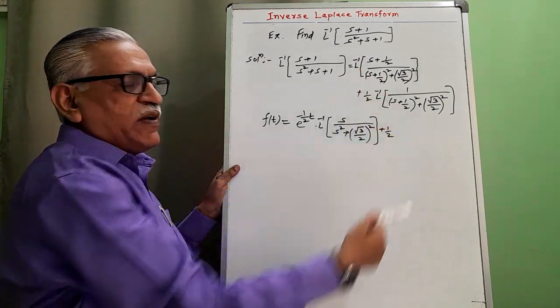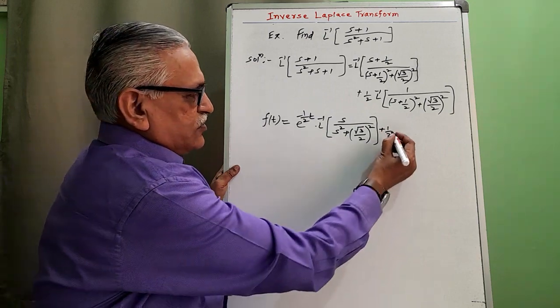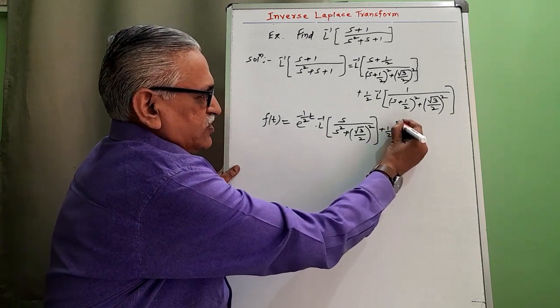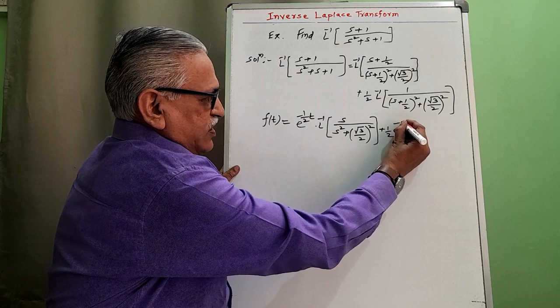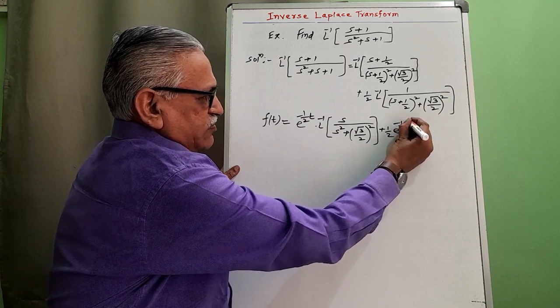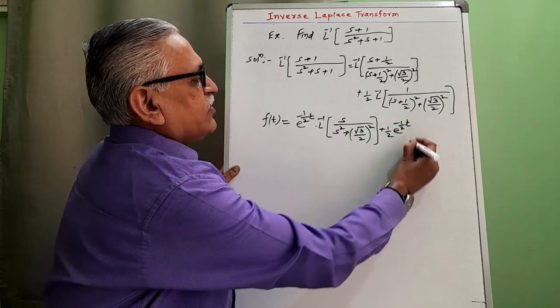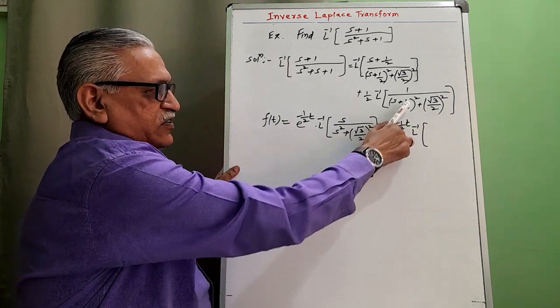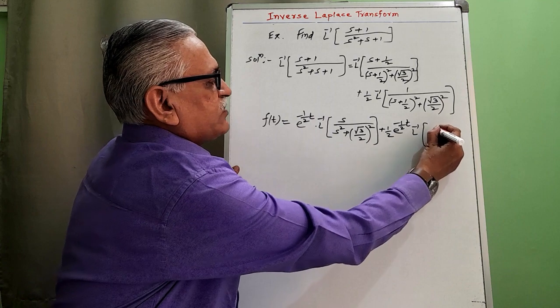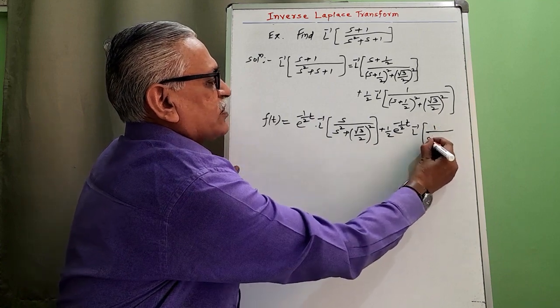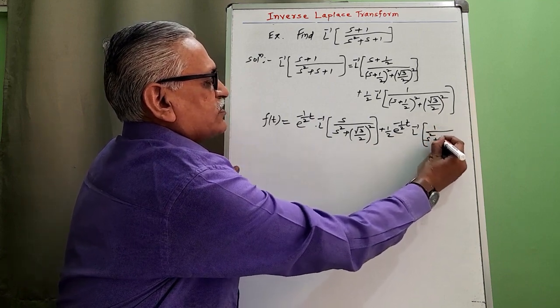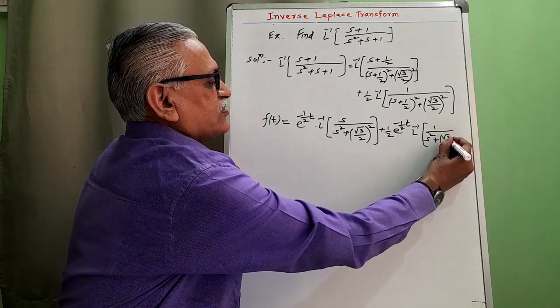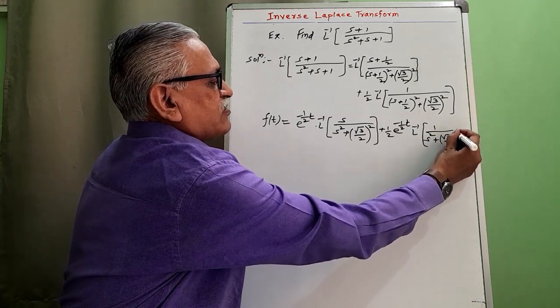Here also s replaced by s plus 1 by 2. Therefore, multiplied by e raised to minus at is 1 by 2. Therefore, minus 1 by 2 times t into inverse Laplace of, neglecting this 1 by 2, remaining term is 1 upon s square plus root 3 by 2 whole square,